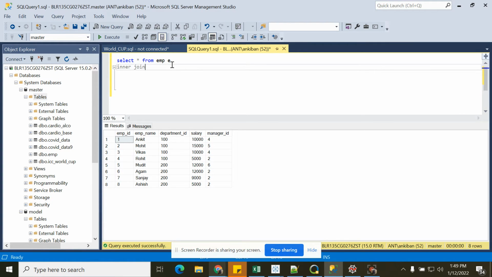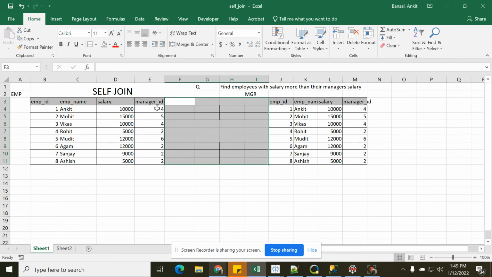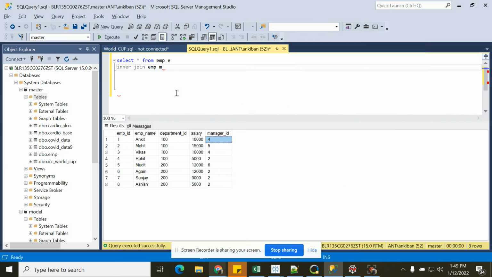Then I will inner join this with EMP itself and name it as M. The employee table's manager ID I need to join with the manager table's employee ID, right? So I will say E dot manager ID equal to M dot EMP ID, right? So I just joined this table with itself.